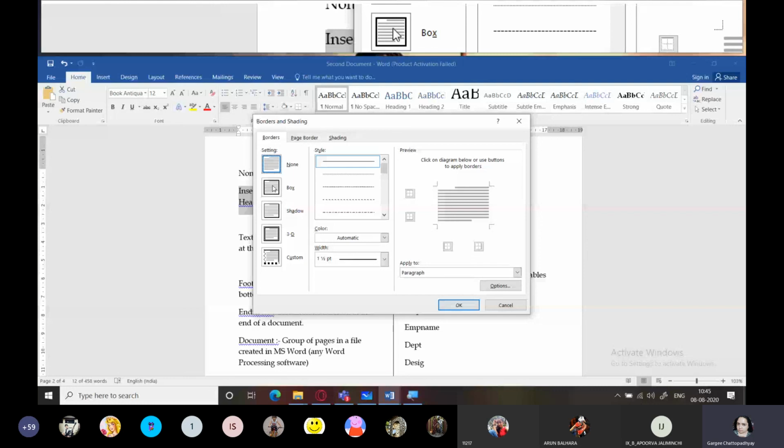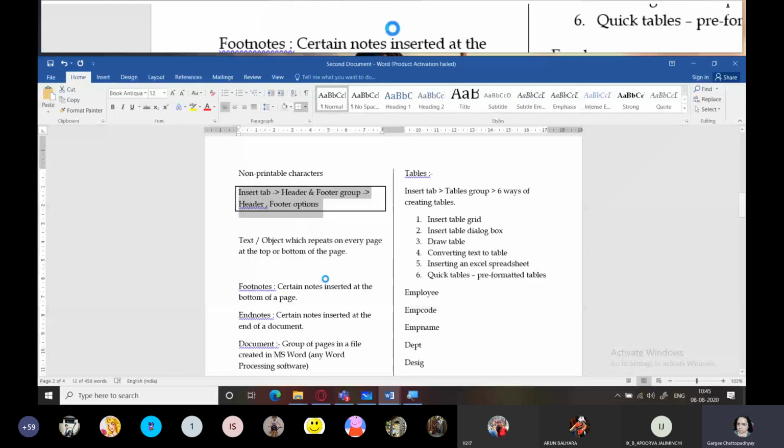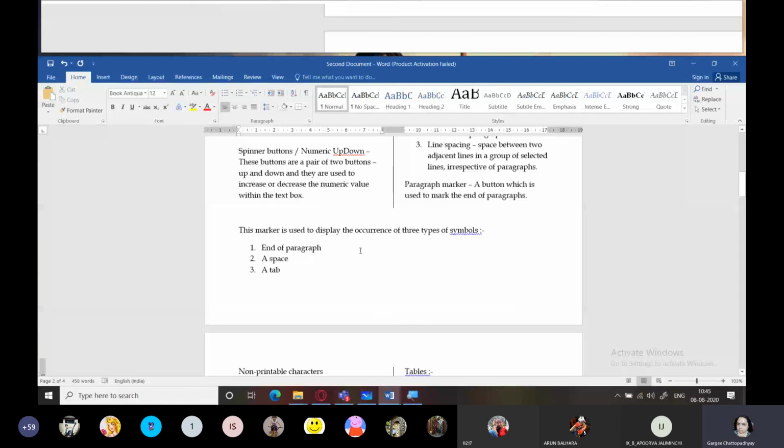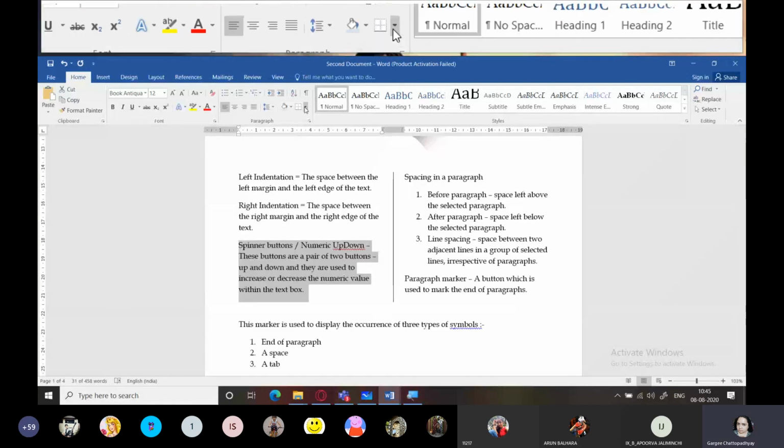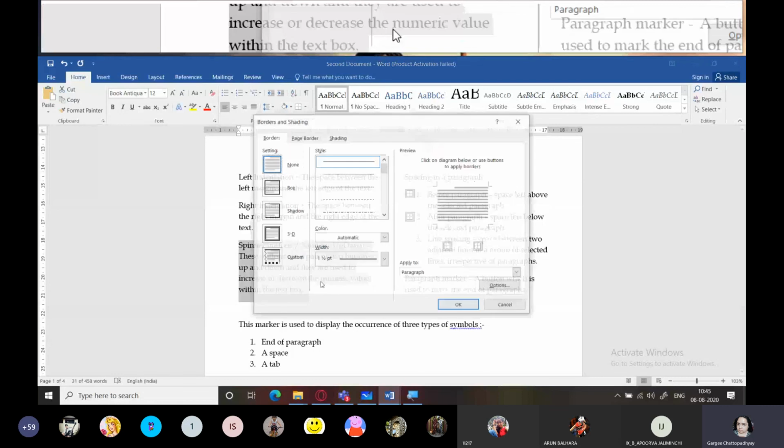To the same text, you can also provide a shading. You'll go to the shading box, select any color, click on OK, and you can see a shade in the background.